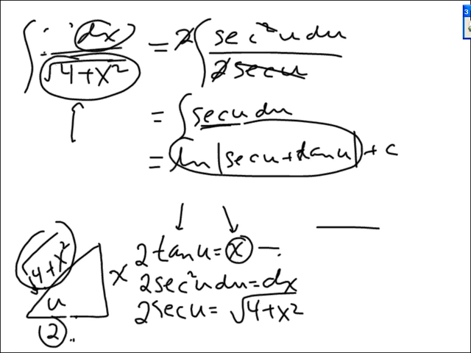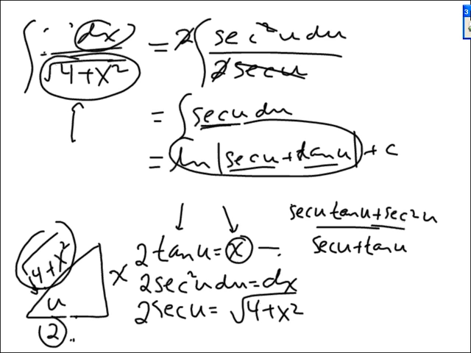The derivative of ln of anything is you put the anything in the bottom, and the derivative of the anything on top. The derivative of secant u is secant u times tangent u, plus the derivative of tangent u, which is secant squared u. Well, from here and here, I can pull out a secant u, and I get tangent u